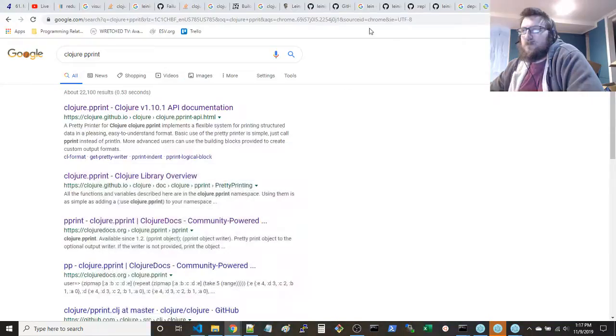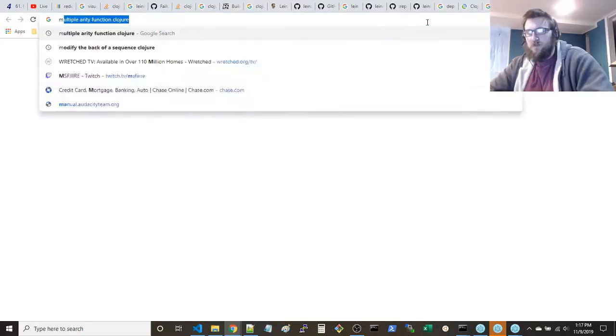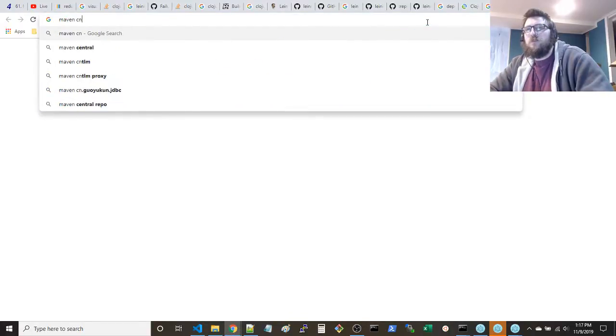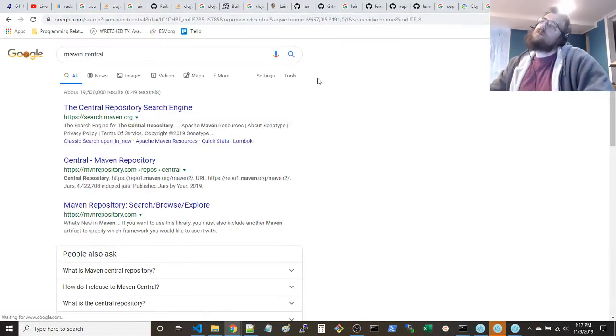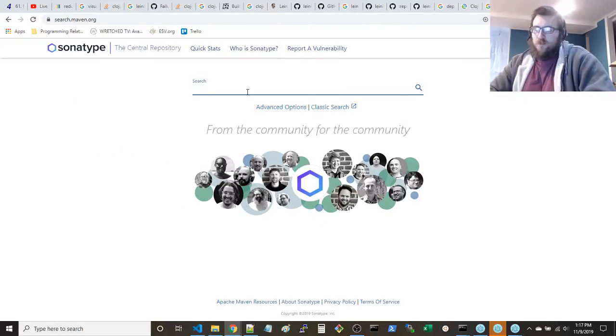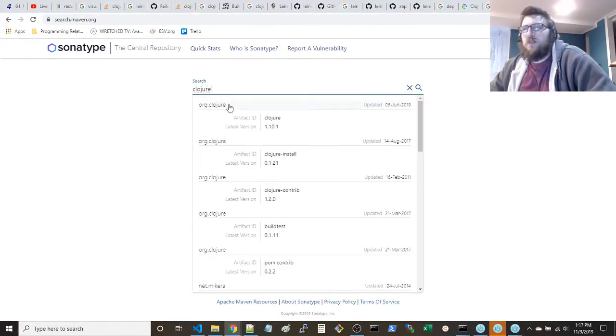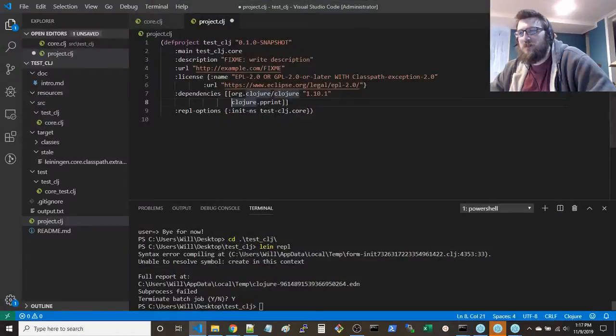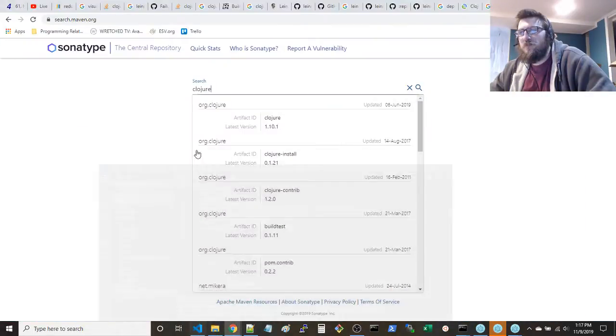What I could do is just go to Clojure, go to Maven Central, and check where it is. I mean, this works too. Say Clojure, right? Artifact Clojure or Clojure. So that looks like Clojure is /Clojure. If we do pretty print,